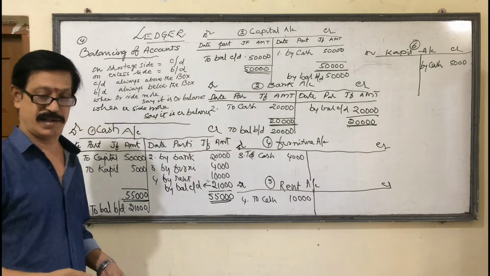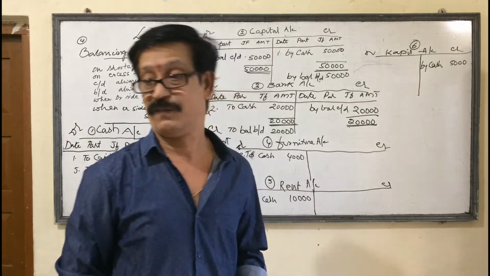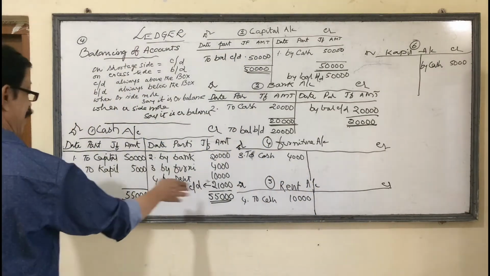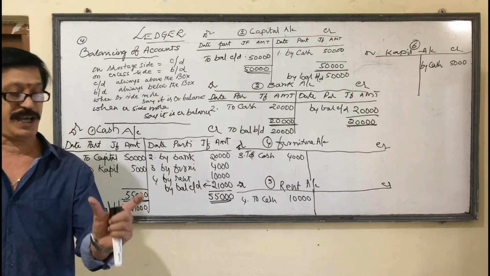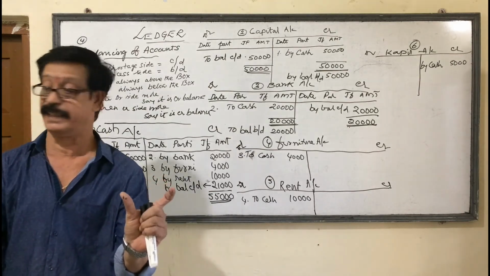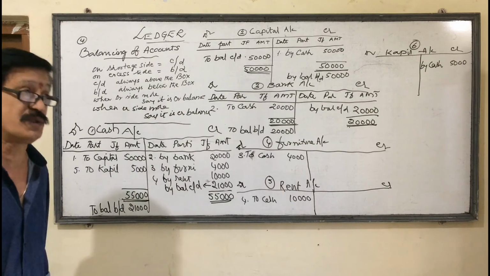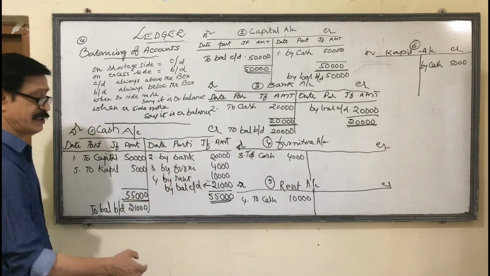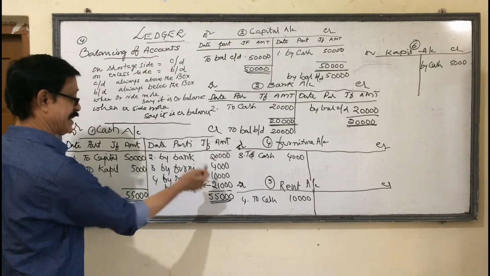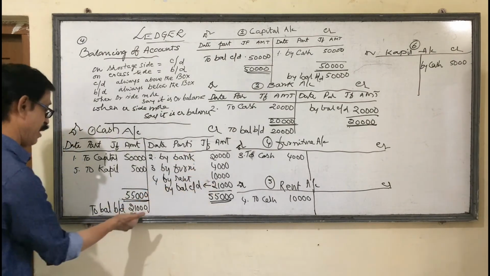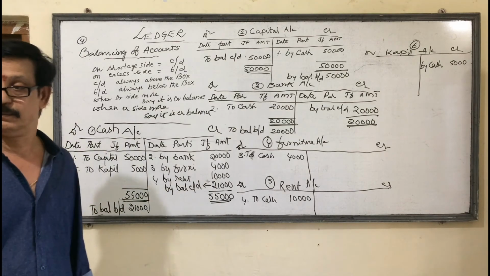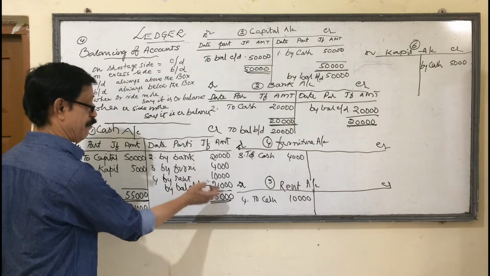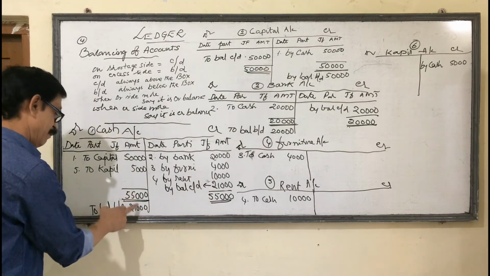Well, dear students, once again last and final. After journalizing, ledger accounts are maintained and these ledger accounts are balanced. When you are balancing, you have to put two parallel boxes, debit and credit, and you have to total which side is more. When debit side is more, the same total is taken in the credit side also. The difference is taken as balance carried down. And the same balance is brought down to the next month. Carried down always above the box, brought down always below the box.